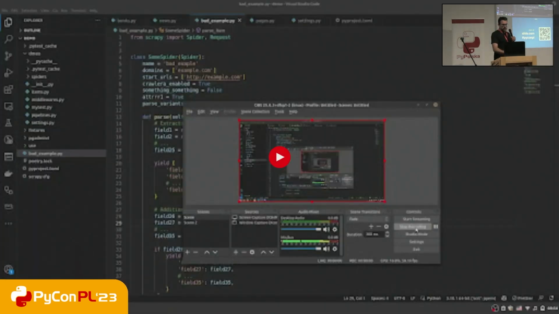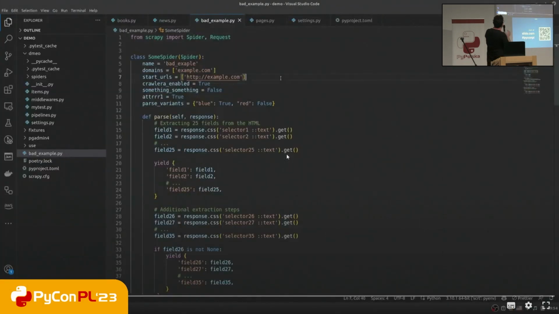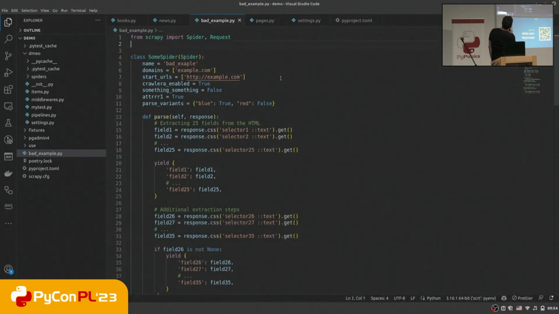So I thought I'm going to share some spaghetti spider, because usually at conferences you see good quality code, so I thought maybe it'll be interesting for you to see some spaghetti code as well sometimes. So I did some demo. I hope it will work. It should work. Right. So this is one example of a spaghetti spider generated by ChatGPT,